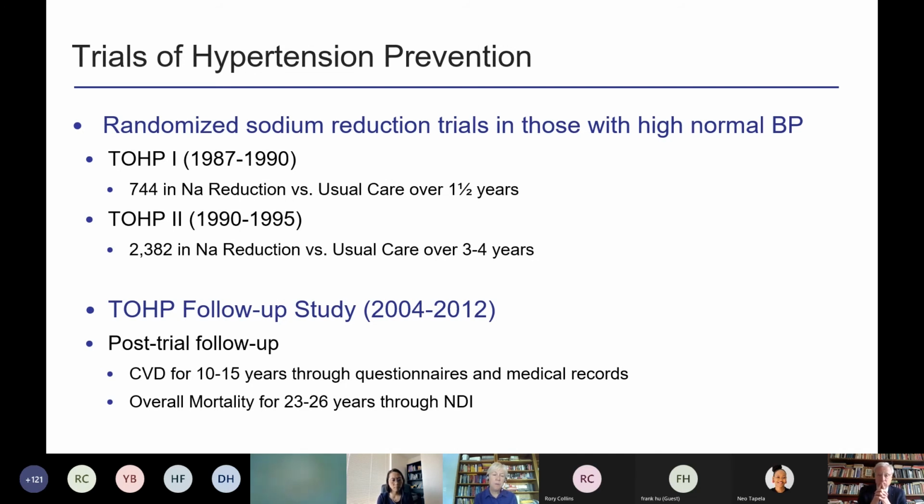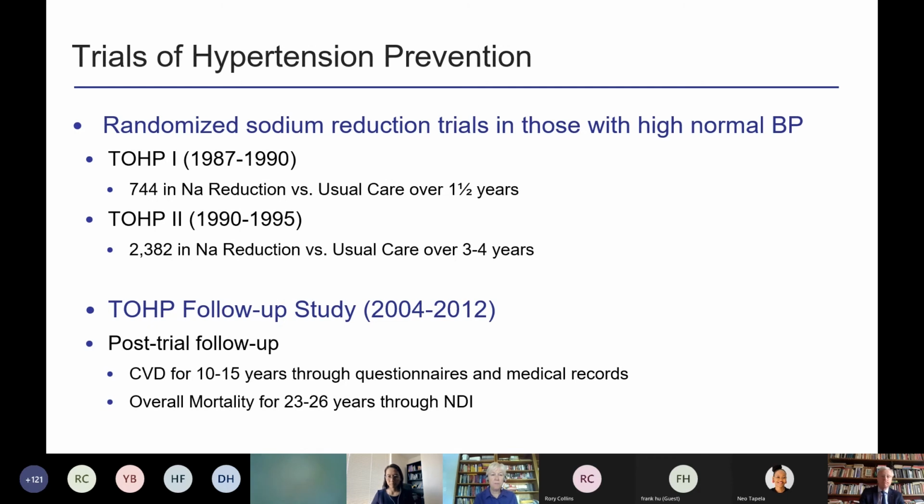These were people starting out with high normal blood pressure at the beginning, diastolic blood pressures between 80 and 90, or 83 and 90 in TOPE 2. But what we did then was conduct a follow-up study starting in 2004. And we looked at post-trial follow-up for cardiovascular disease through questionnaires. We looked at medical records, and we also followed up overall mortality for 23 to 26 years through the National